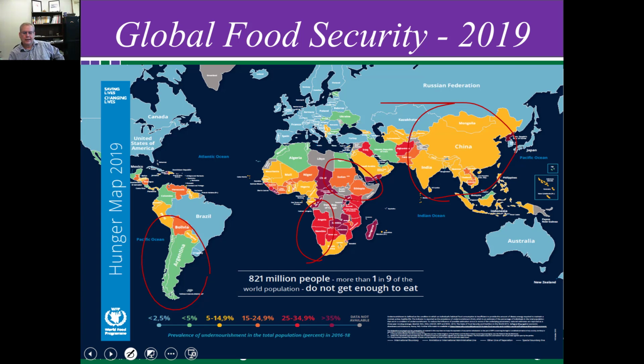And then we can move into the dark red, and taking a look at the dark red, we have countries such as Zambia and Malawi, where more than 35% of the people are hungry. A couple of countries we don't have data for: we don't have data on South Sudan or the Democratic Republic of the Congo. There are regions where we do not have data, and the gray areas would be that.